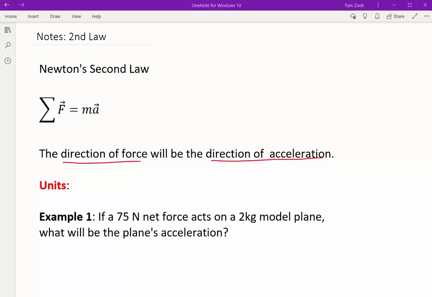We will use the vector i-j notation for this. So we can say that a force that might be Fx in the i direction plus Fy in the j direction will be equal to m, which stands for mass in this case, measured in kilograms, multiplied by some Ax in the i direction plus Ay in the j direction, with the units that we would normally use for acceleration, which brings us to a big